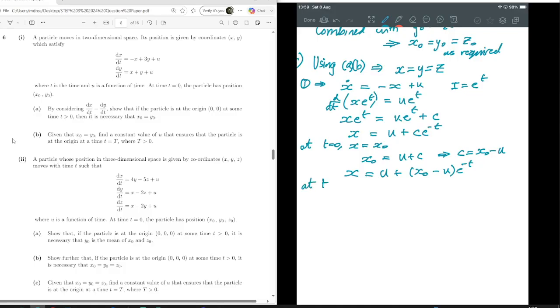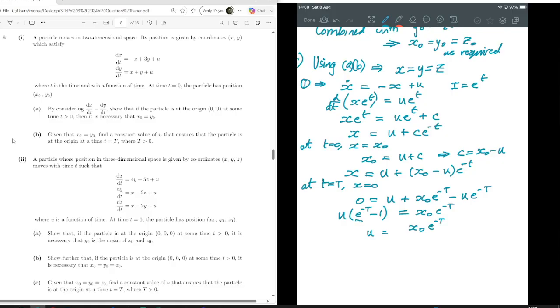And then we want it to be the origin at time capital T. So at t is capital T, x equals 0. So 0 equals u plus x naught e to the negative T minus u e to the negative T. I want to solve this for u. So let's throw this over. I've thrown the u terms over to the left, factorised, so u is going to be equal to,